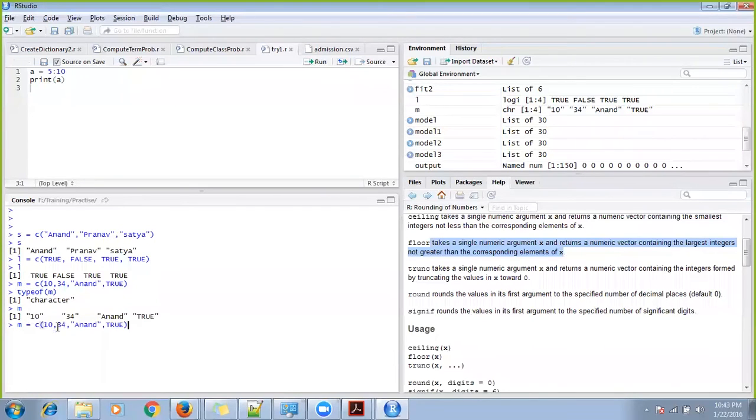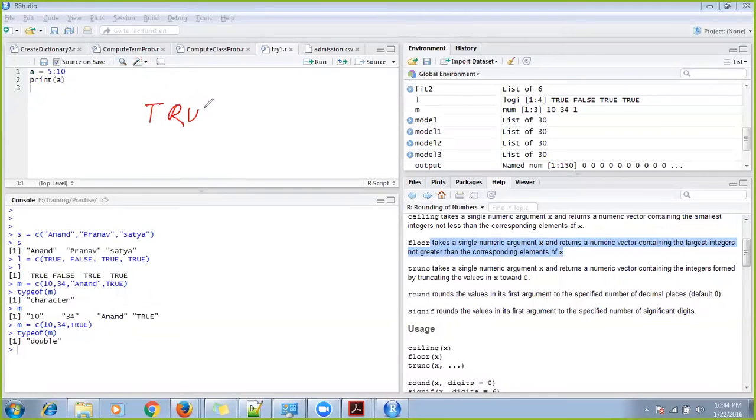Let's say instead of Anand, I just put 10, 34 and true. Let's see what will happen. So typeof m: here I have only two double values and one logical value, right? It is double. So now it is creating double. True and false can be denoted as 1 and 0.